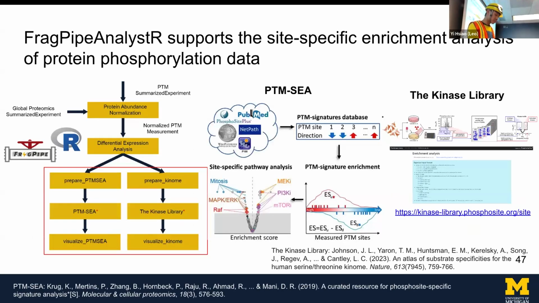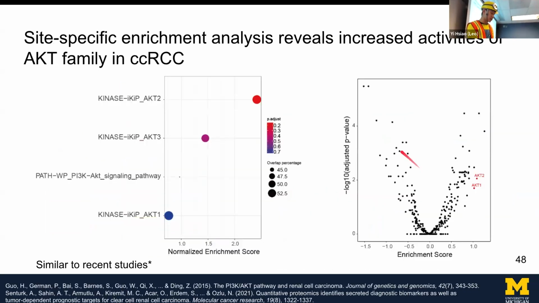And as the last part, after we get the differential expression analysis result on the protein phosphorylation, we can submit it into a site-specific enrichment tool. For now, we only focus on phosphorylation since not many other PTMs have a site-specific enrichment tool we can use. But here we demonstrate we can use two different tools, and they have a pretty similar, really comparable result. As I show here, we incorporate some of the visualization, but some of the candidates like AKT2